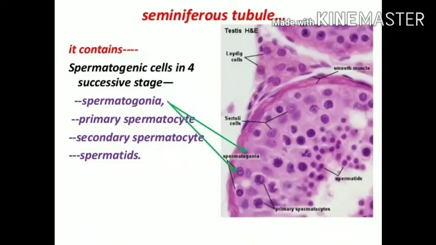Now if you look at the functions of these cells, Leydig cells elaborate the male hormone known as testosterone, which is of steroid nature. Sertoli cells are concerned with the process of spermatogenesis, and overall the testis is concerned with the process of reproduction. This describes the outline histology of testis.